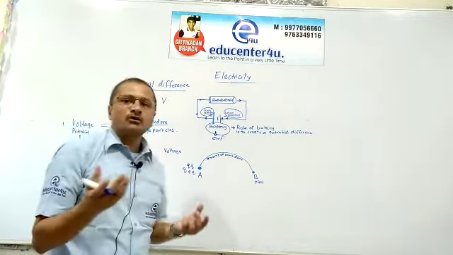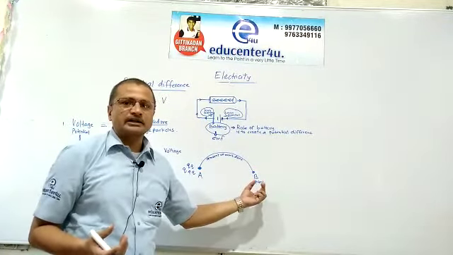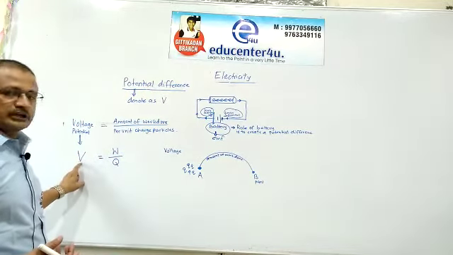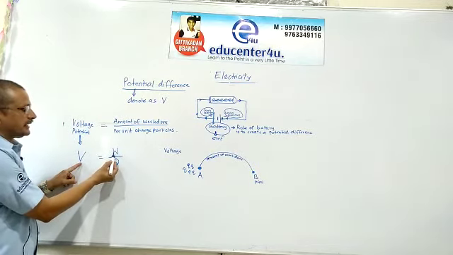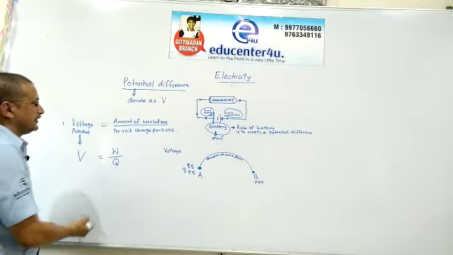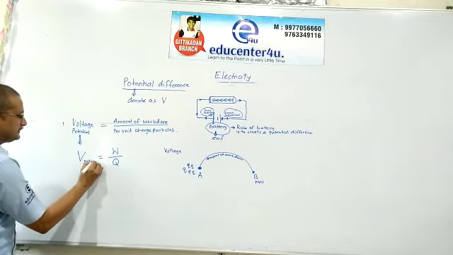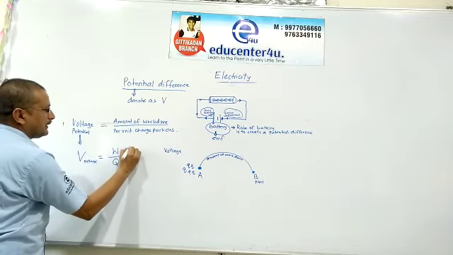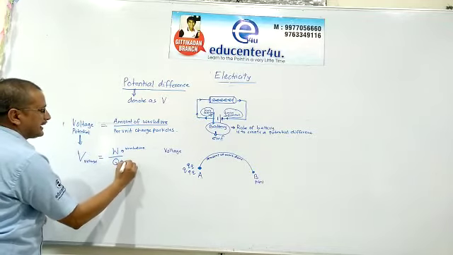So how much amount of the charge particles you are transferring from one point to another point. So this is the definition of the voltage. Voltage is defined as amount of the work done in carrying a charge particle from one point to another point. So here V is known as voltage, and here W stands for work done, and here Q is defined as charge